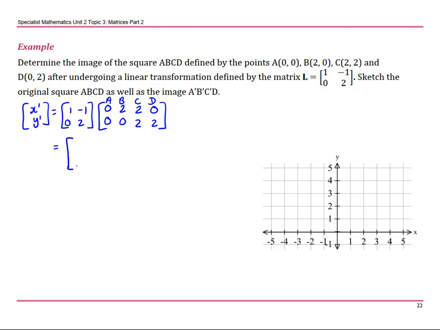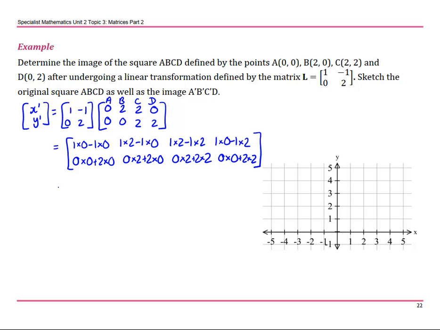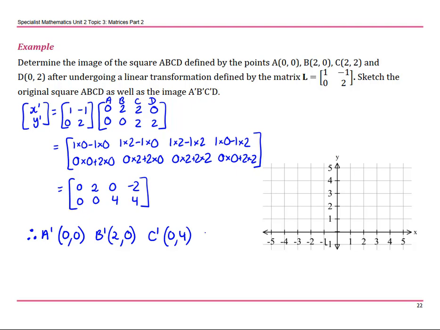Cross the row and down the column. So you've got 1 times 0 minus 1 times 0, 1 times 2 minus 1 times 0. Be careful. 1 times 2 minus 1 times 2, 1 times 0 minus 1 times 2, 0 times 0 plus 2 times 0, 0 times 2 plus 2 times 0, 0 times 2 plus 2 times 2, and 0 times 0 plus 2 times 2. You could use your calculator for doing this as well. We all know how easy it is to make a silly mistake. Okay, so therefore, image of A is 0, 0, B is 2, 0, C is 0, 4, and D is